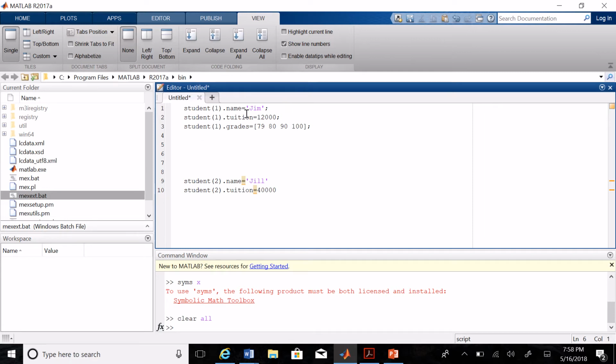That means you can have different data types grouped together, and when you see dots in MATLAB, you would know that you're creating a structure. And then for student 2, again, you have a name, character, you have a number, and then an array. So grades is equal to, again,